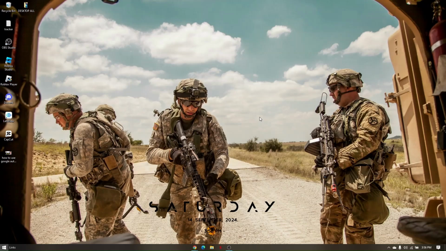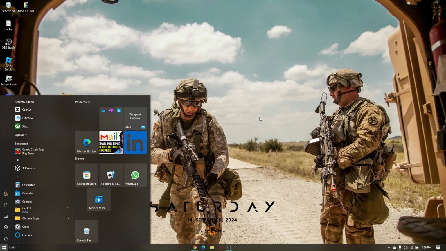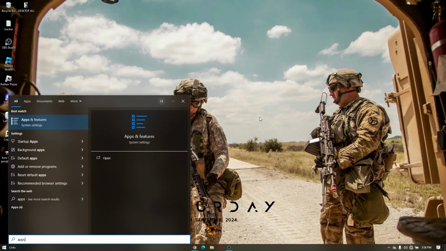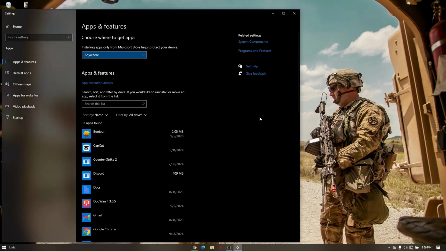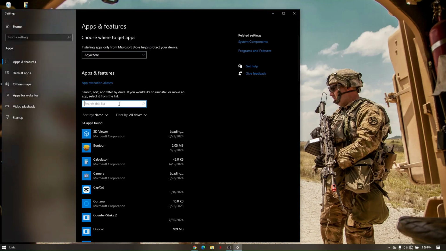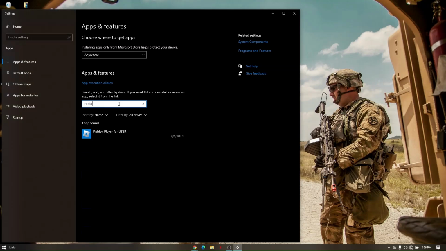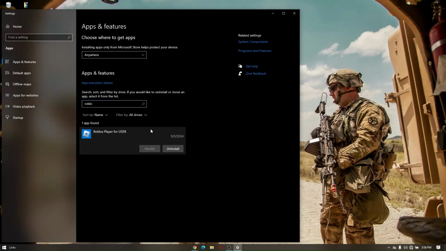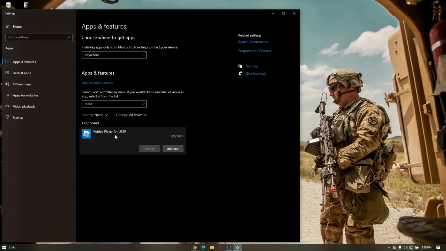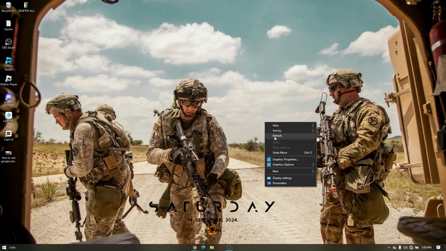Just press Windows on your keyboard and type in apps and features if you're using Windows 10, and then look for Roblox. Now, if you have uninstalled this one and this doesn't work, we need to go ahead and try to re-download